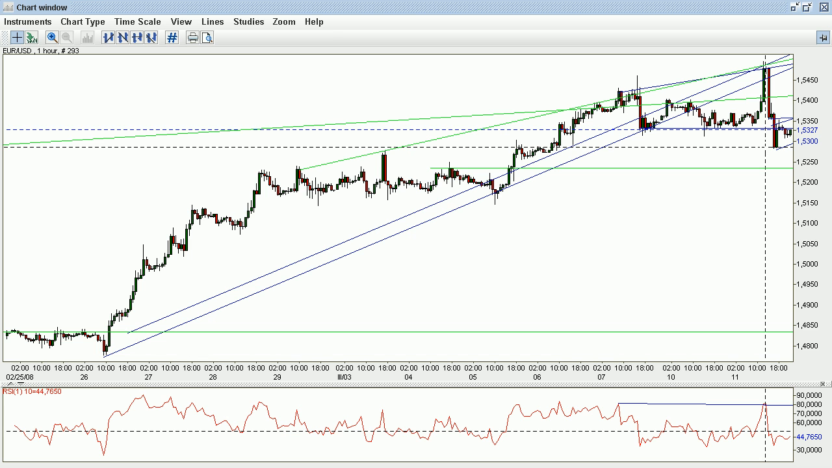So the right thing, in my opinion, to do is wait for a break below the level of 1.5284 and then open a